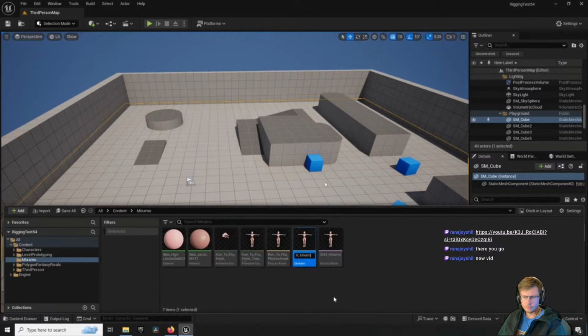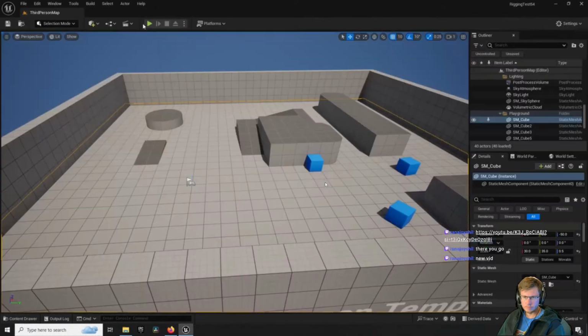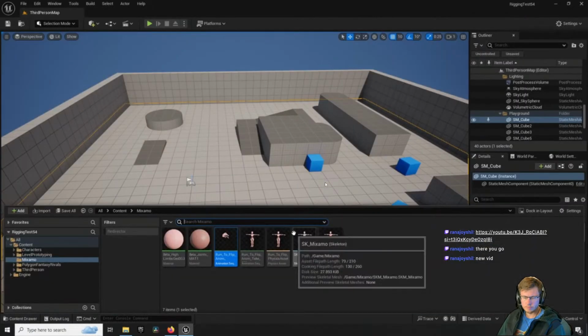So we'll do SK Mixamo. So now we have a skeleton mesh and an animation here. And if we open up this animation, we can see that the animation is playing fine for this character inside of Unreal Engine. Now, the easy step of actually retargeting the animations is that we just right-click